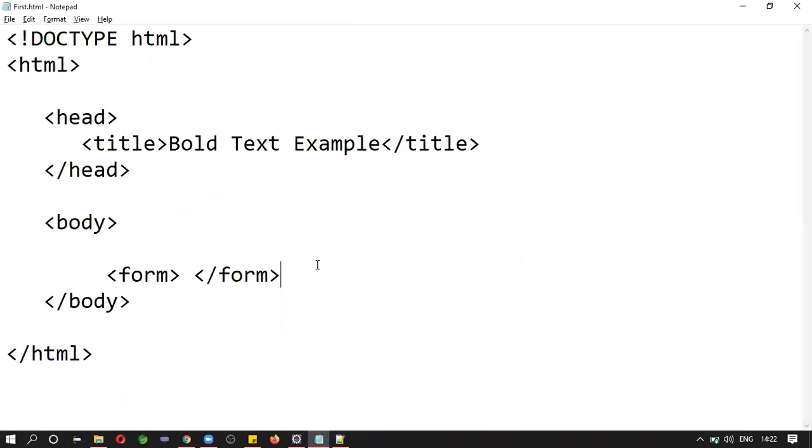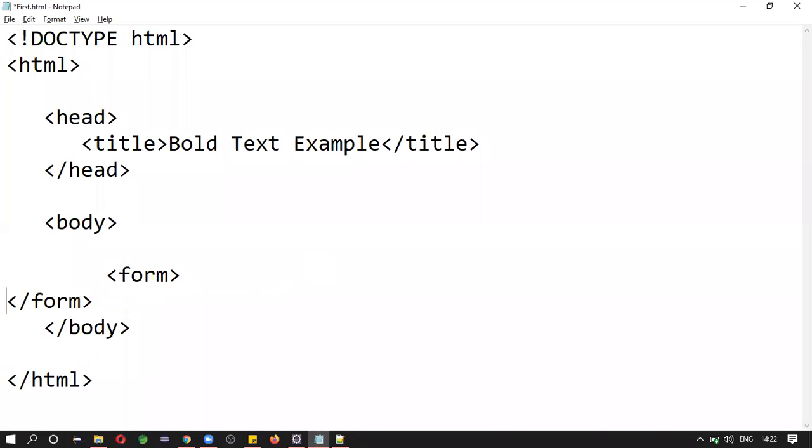So this is Notepad++. Here you will get some suggestions. Like this, you will get form.